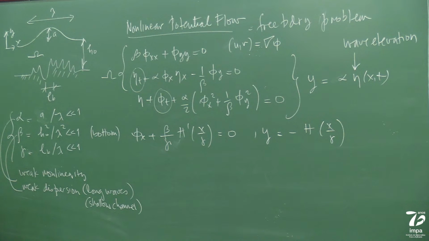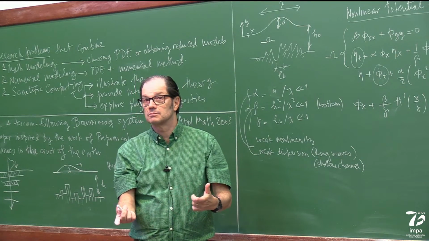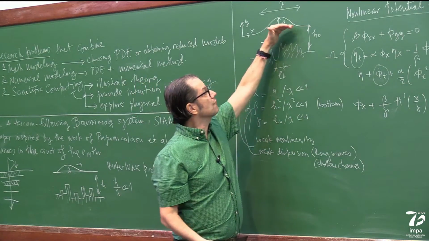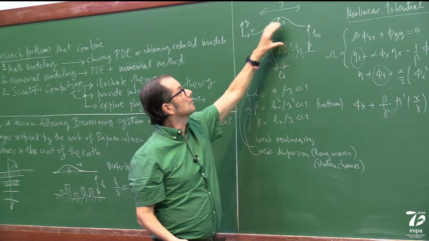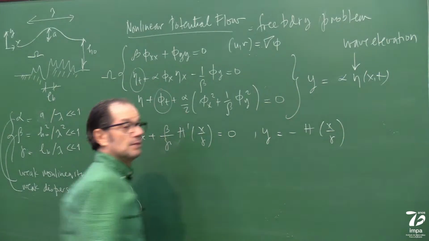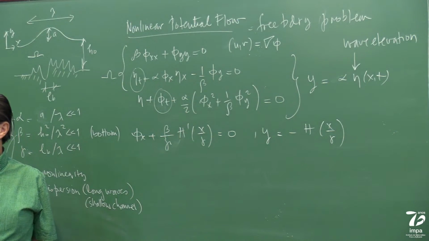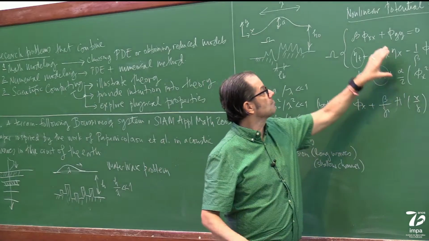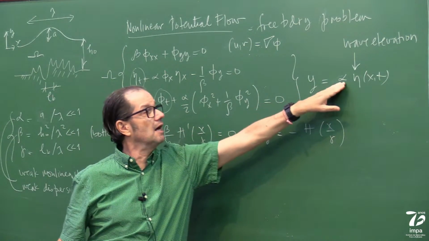It's part of the problem to solve where the boundary is, because it's a wave problem, right? This is the free surface, this is the topography, and this is the water. Okay, that's why it's a free boundary problem. But if I linearize the problem, I can impose my boundary conditions at the undisturbed